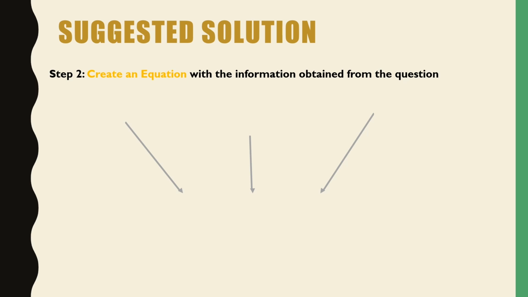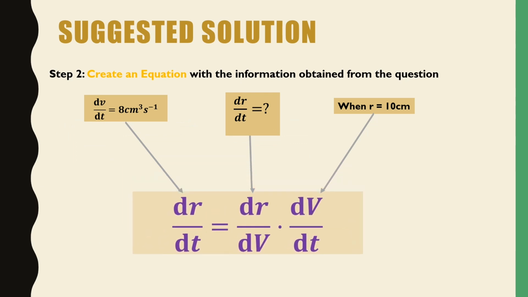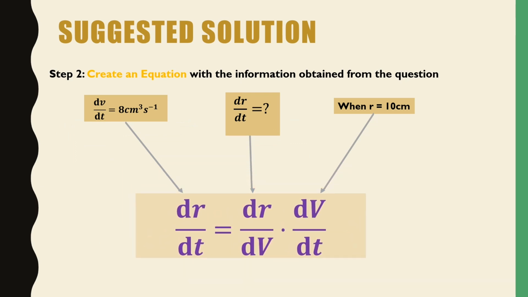Second step, after retrieving all the needed elements to create an equation, it would turn out like this. How? I'll show you a simple way. So let's first write this down. dr over dt equals dr, put this on the top, and then we have dt at the bottom, so let's copy that, dt. So do this first, and then secondly,